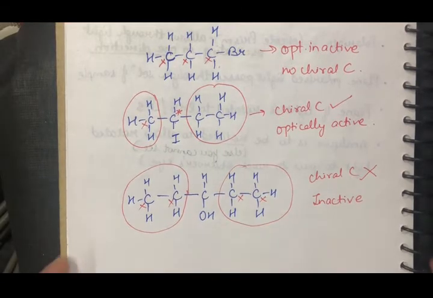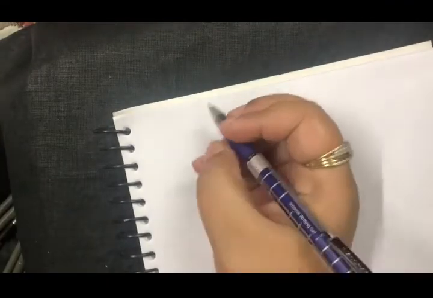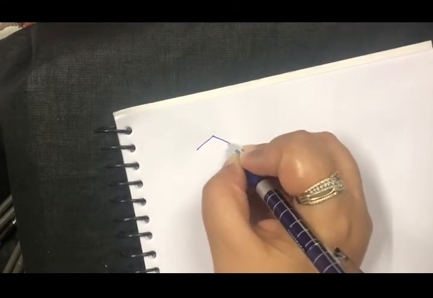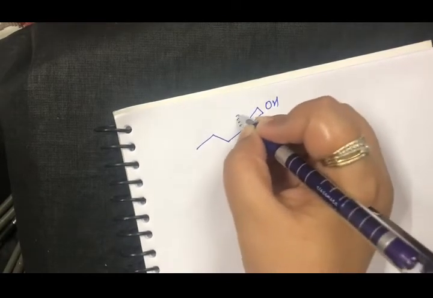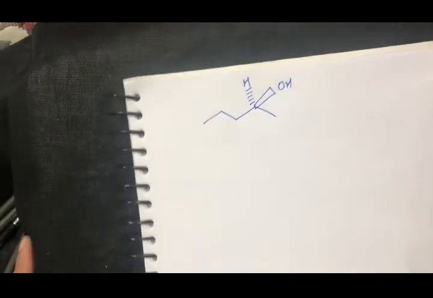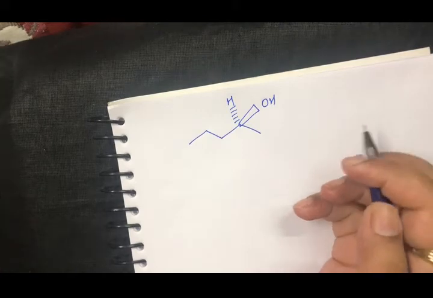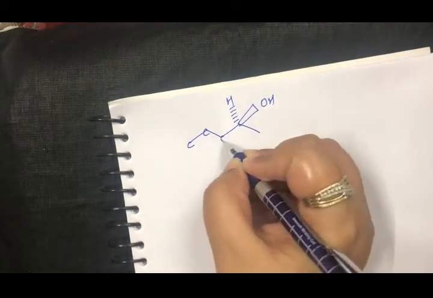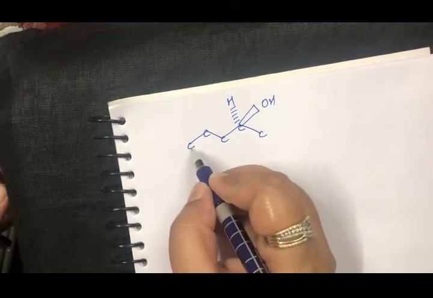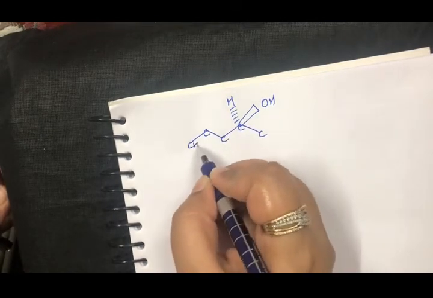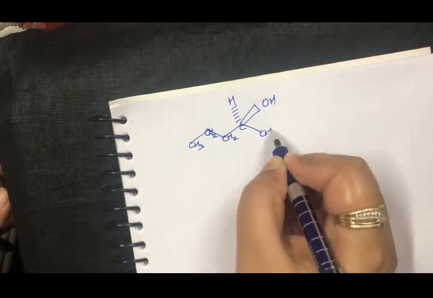Now let's look for a few more examples and the concept would be clear. Let's talk about a compound like OH, and let's take hydrogen. Now the very first thing that you need to do here is convert them into a normal form, or at least write down the carbons at each intersection so that it is a little more clear to you. If I talk about this carbon, it is having a bond here, so this is definitely having a CH3, this is having a CH2, this is having a CH2, and this is having a CH3.